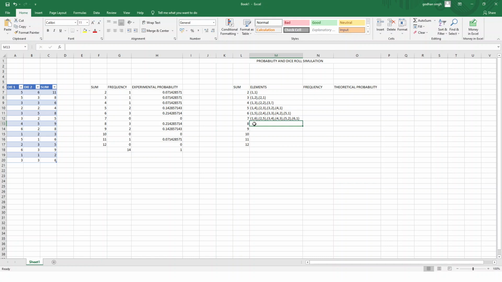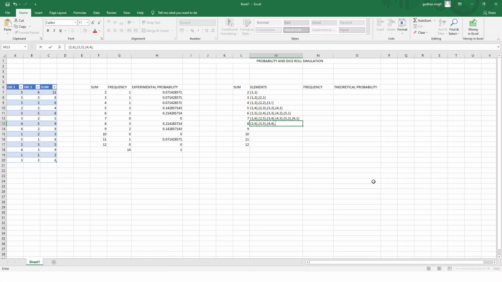And now 8. How can we obtain 8? We'll start with (2, 6). Next we'll write (3, 5). Then next we'll write (4, 4).